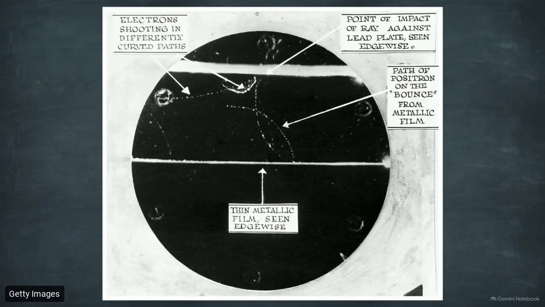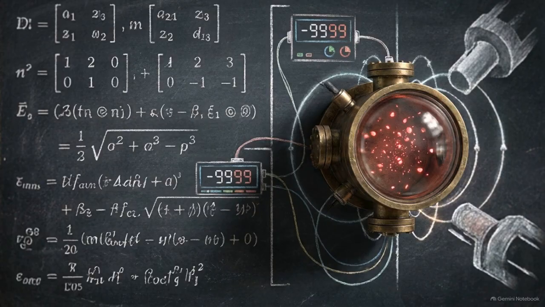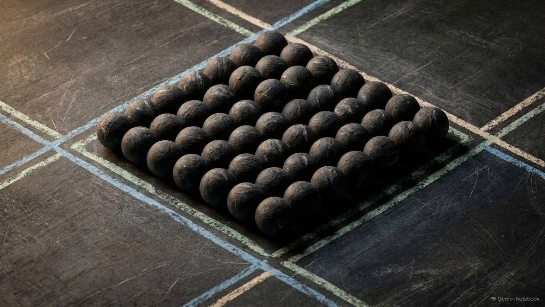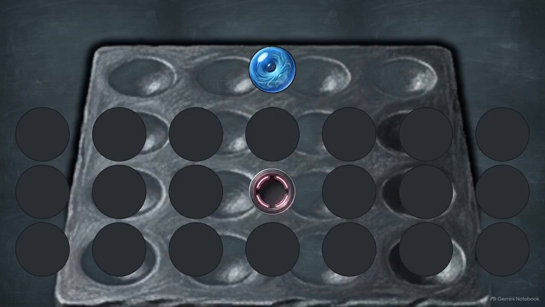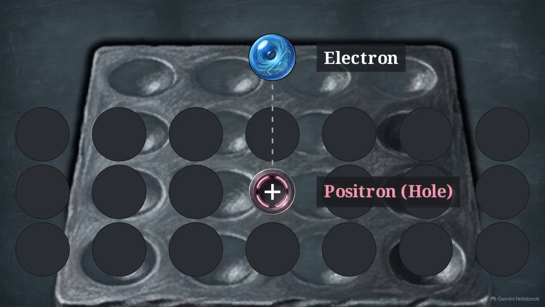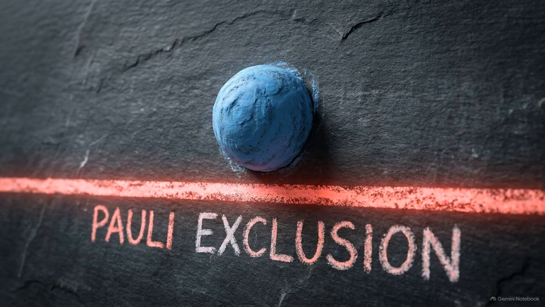In 1932, cloud chamber experiments confirmed these negative energy mathematical results as physical entities, positrons. This left physics with a glaring paradox. How can a physical particle actually possess less than zero energy? Dirac initially proposed the Dirac sea picture. He suggested that the vacuum of space is completely filled with negative energy electrons. When energy is added, an electron is promoted out of the sea, leaving behind a physical hole that we observe as a positron.